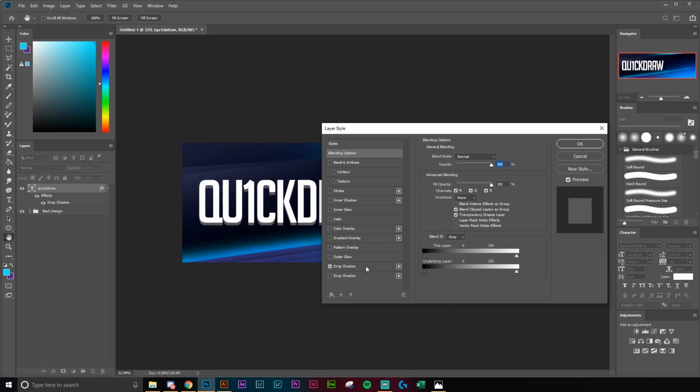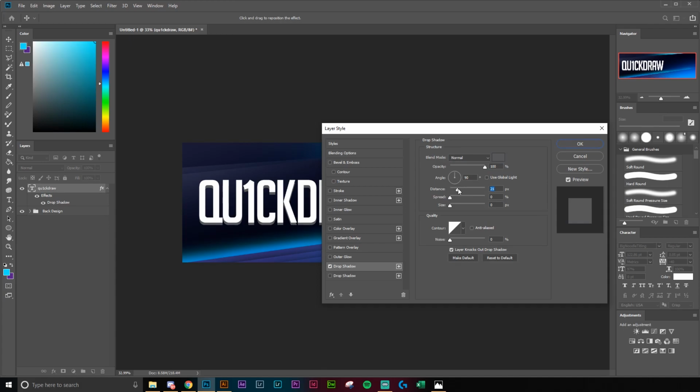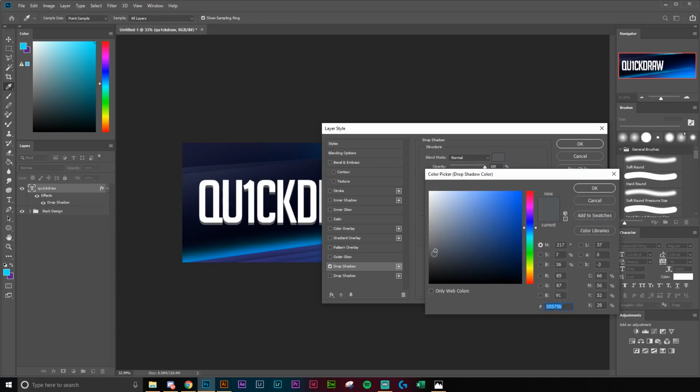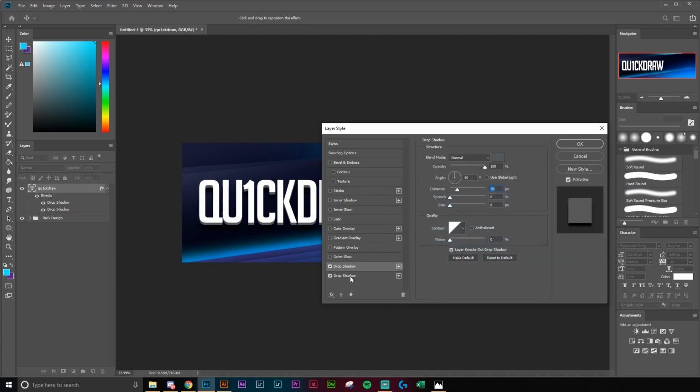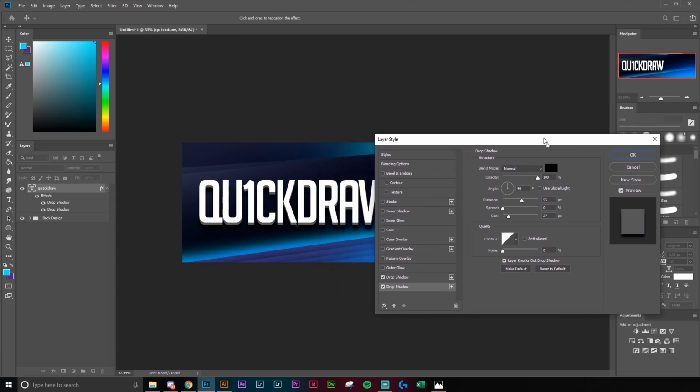We're going to add our first drop shadow. We're going to make it around 20 pixels, a nice bluish gray that I've got here. If you want the color code, it's 55575B. I'm going to hit OK, add another drop shadow to this, and this is just going to be a